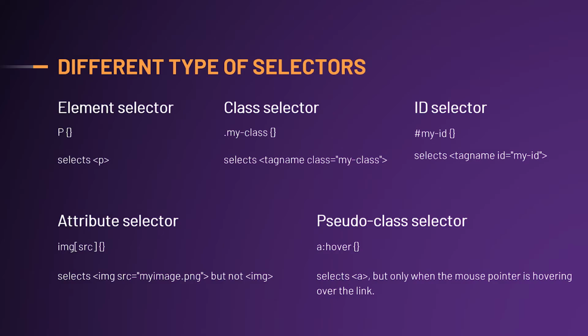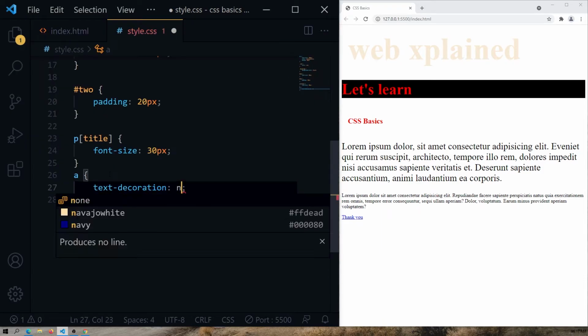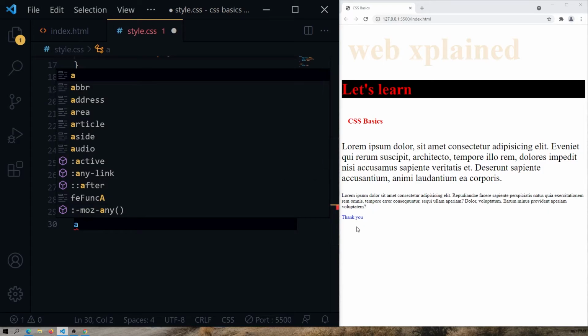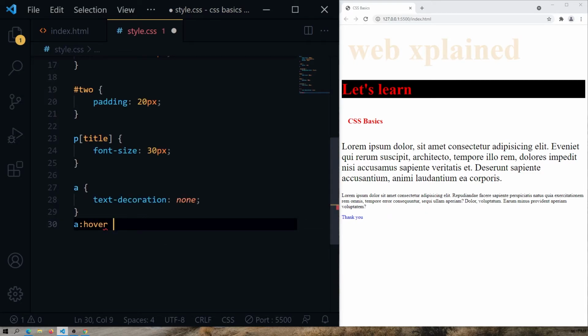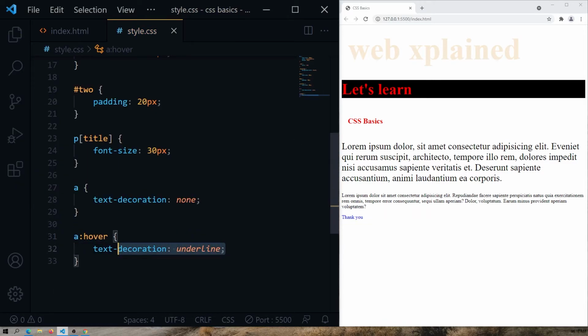And the last type of selector is the pseudo class selector. The pseudo class selector will select a specific element, but only when in the specified state. For example, this is an anchor tag. I removed the underline using text decoration none, and I will bring it back when I hover over the A tag. For that, I can use the pseudo class hover. This means that when I hover on the A tag, we need the underline.